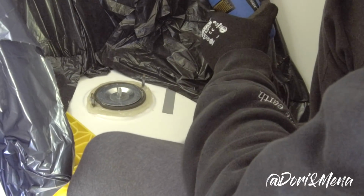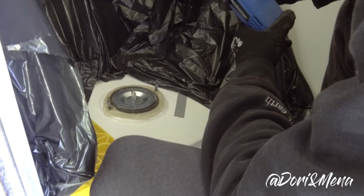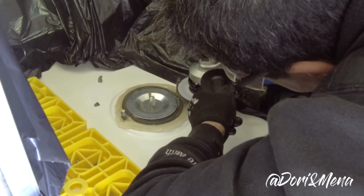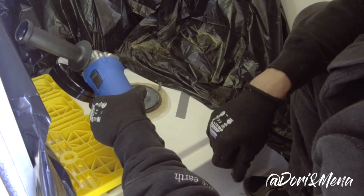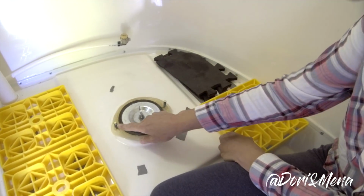So what's important to note here, guys, is that Dory is wearing some gloves and some protective eyewear, and we're going to get started. That was a pretty easy process? Pretty easy. Great. Okay, so this is our setup for the bottom,